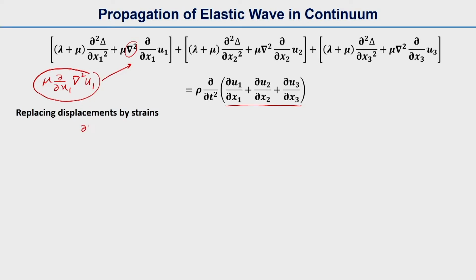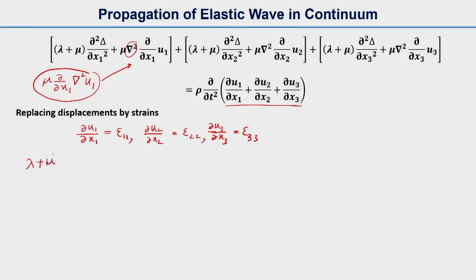As you know, the displacement we can replace like this: the partial of u1 with respect to x1 will give epsilon 1, the partial of u2 with respect to x2 will give epsilon 2, and then the partial of u3 with respect to x3 will give epsilon 3. So if we substitute, what will happen is